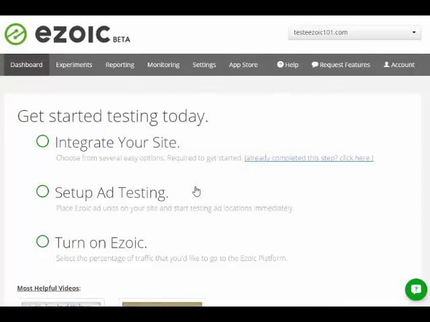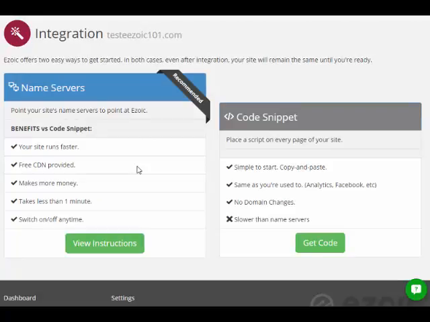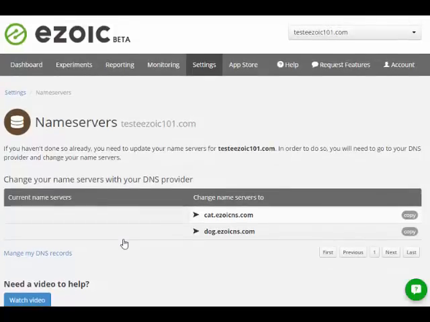As you can see, there are 3 links here: integrate your site, set up ad testing, and turn on Ezoic. The first thing you'll need to do is integrate the site. So you can click on the link here. The suggested way to integrate is through your name servers, and 95% of our publishers use this. So you'll click on View Instructions, and here it gives the name servers that you'll need to change to in